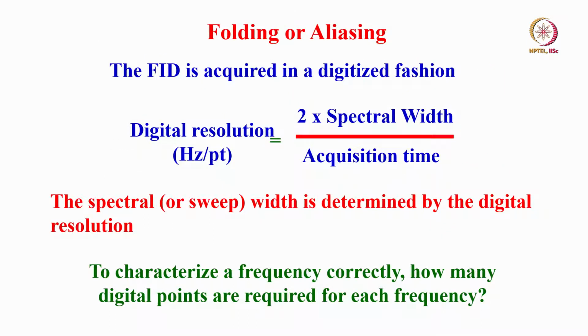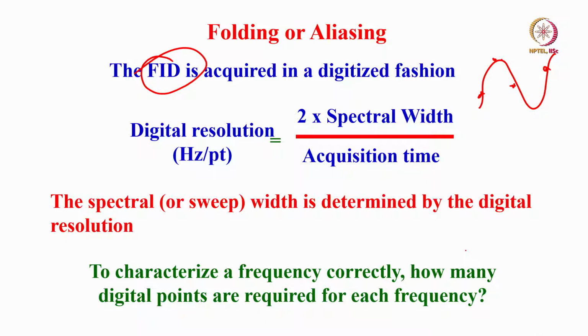So of course, folding and aliasing, why it comes, we already discussed the theorem of folding or aliasing using the Nyquist theorem. But if I want to avoid this, what I should do is, the free induction decay which we are going to acquire, I have to digitize at least twice in a cycle. This is a cycle, let us say, at least twice I have to do here, once here and once here. If I do only once here and once here, then the frequency is not completely specified. This is what we discussed about the Nyquist theorem. So the Nyquist theorem comes here in NMR. If you don't digitize it properly, you are going to get the folded frequency. That is what I told you in the Nyquist theorem. F plus delta appears as F minus delta. That is what is going to happen here.